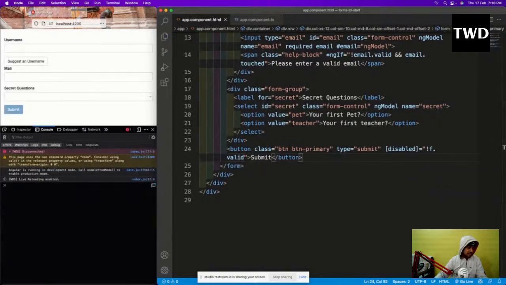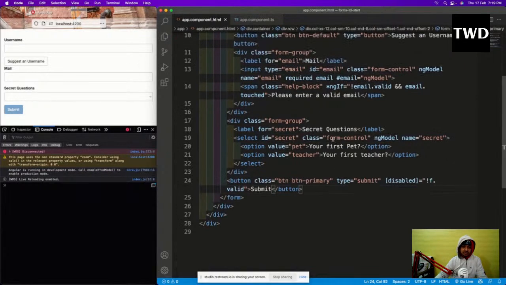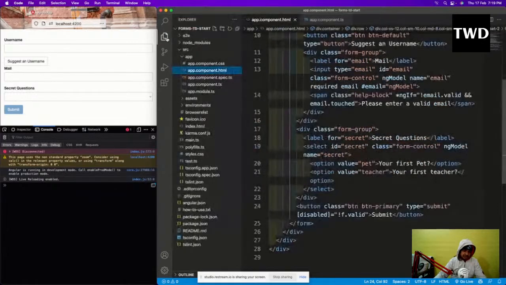Save it. And again we have to go to the CSS file because we have added this help block. The help block is there, it's okay, but the main thing is that we want to show something if it is touched. So we have to enter something, because I want to show the red color outside it.